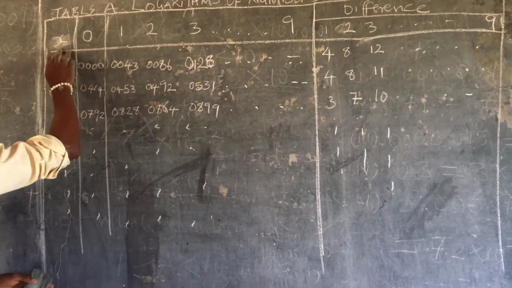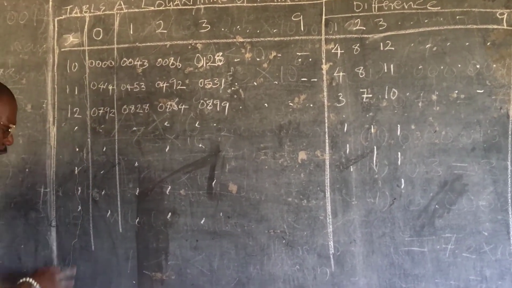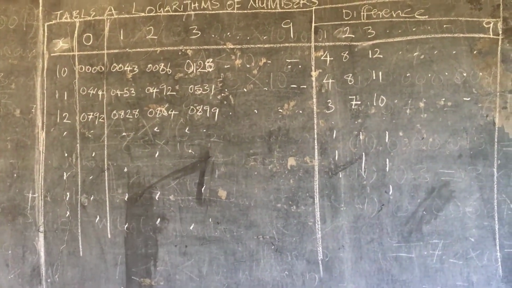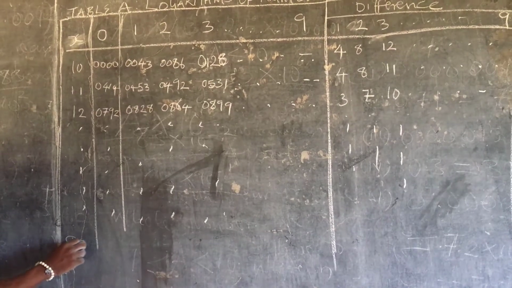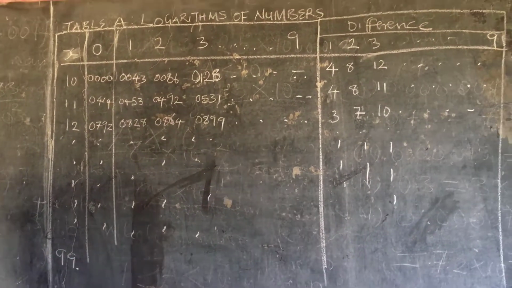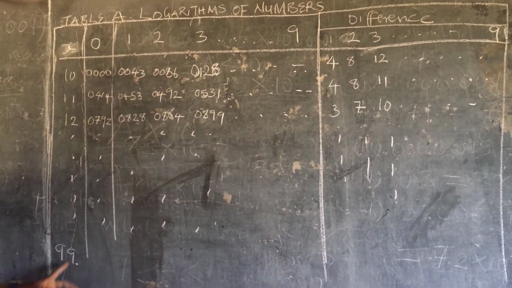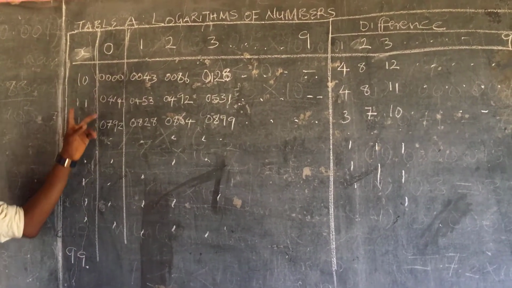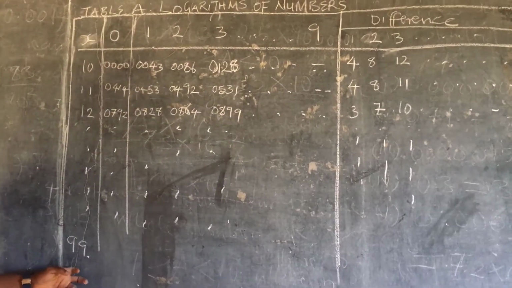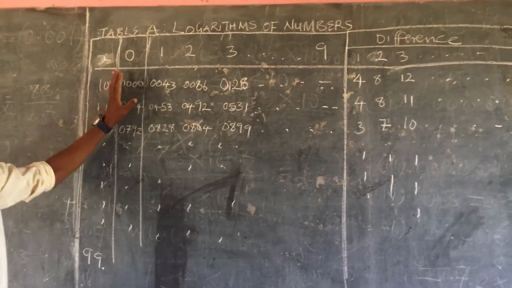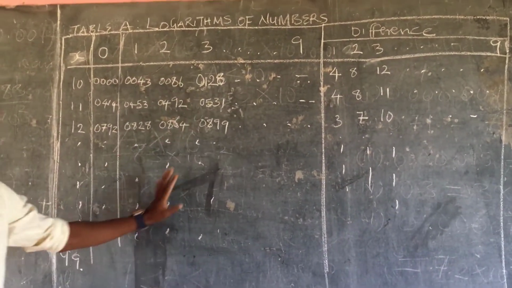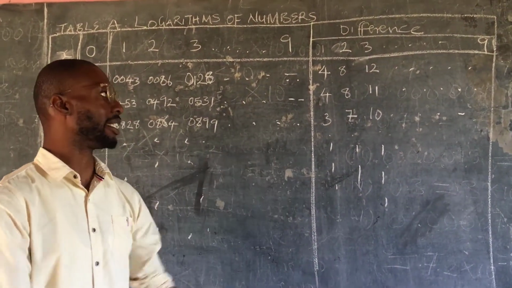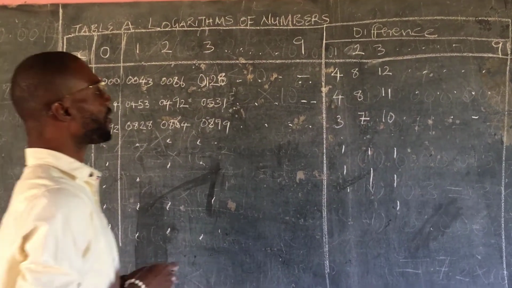Now, for this column, you go from 10 to 99. Now you have reached 99, right? The numbers here follow like this until 99. And then from there, all these ones arrange themselves like this. Now, the difference